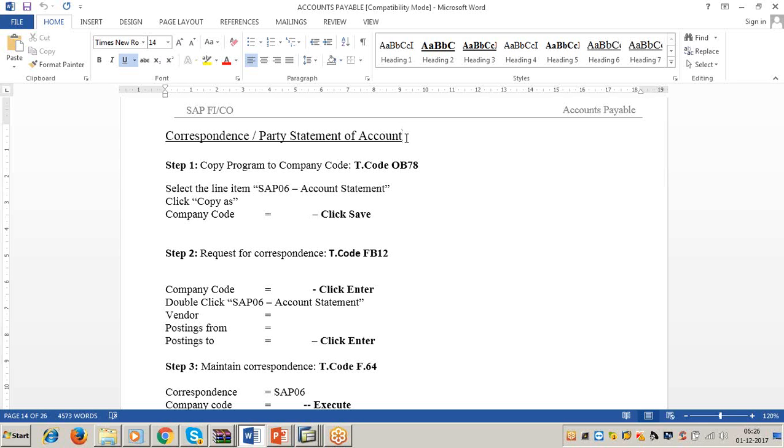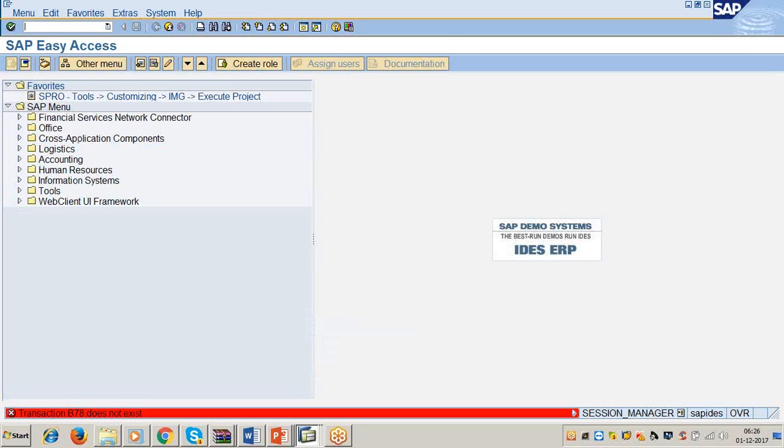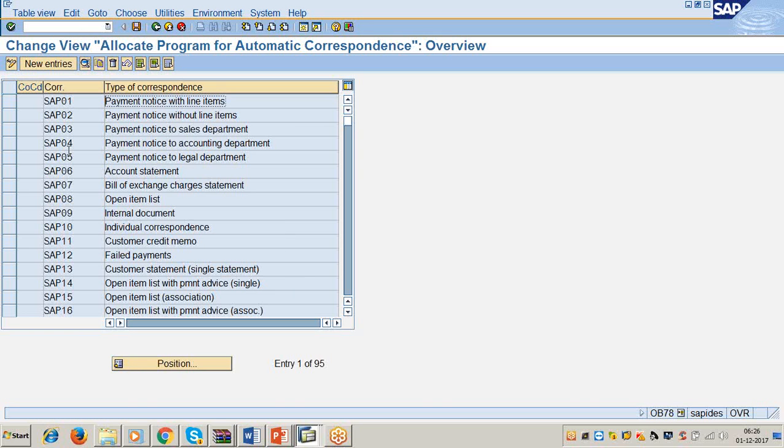For that purpose, already one program was defined in the system. We have to copy that program to our company code. That is the first step. Copy program to company code, transaction code OB78. Select SAP06 account statement.